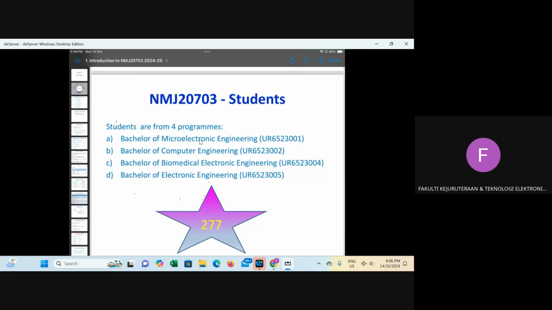I have students from microelectronics, computer, biomedical electronics, and electronic engineering. So altogether 4 programs. This morning I checked the number of students who had done the registration. The total is 277, and I guess this number will increase because it does not include those who are going to do manual registration. Maybe it can go up to 300. So this is a very big class.